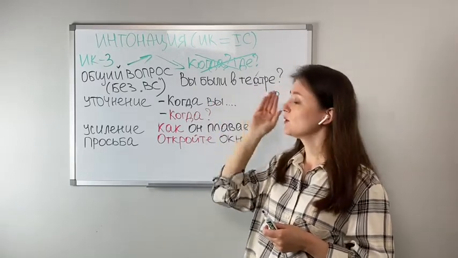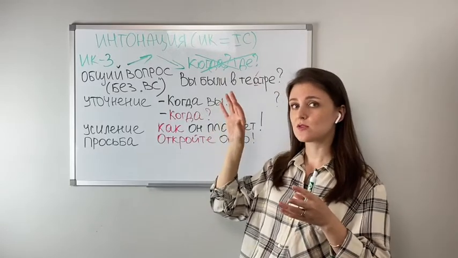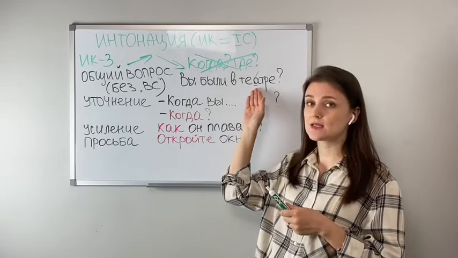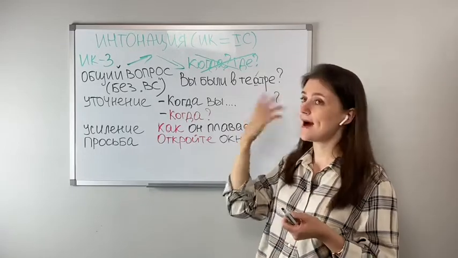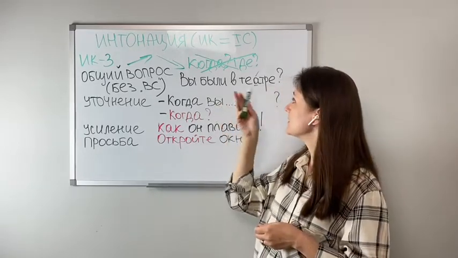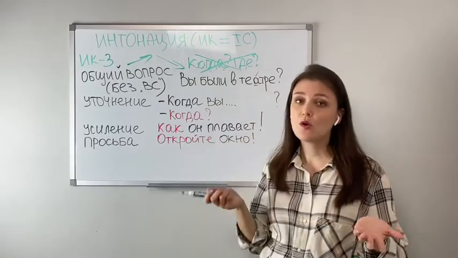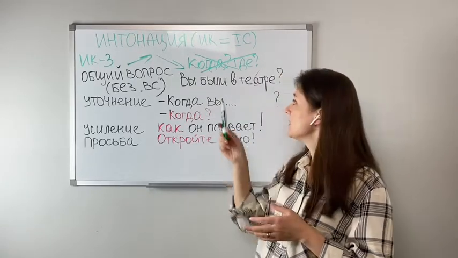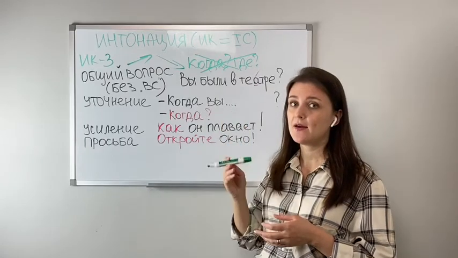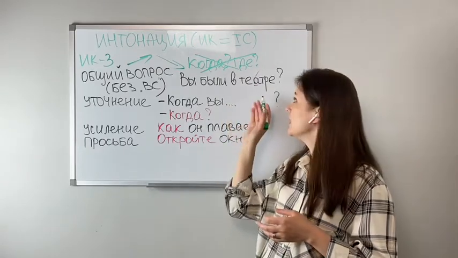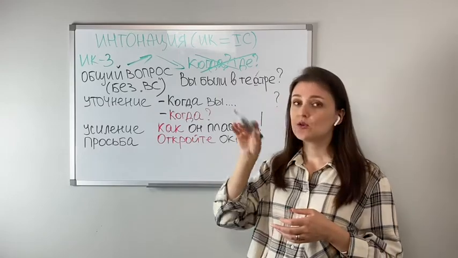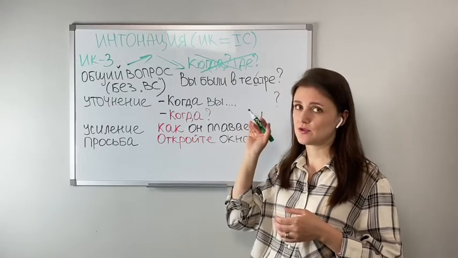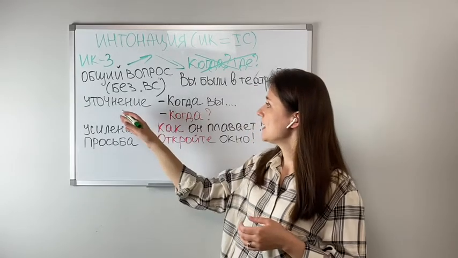We don't emphasize or stress any word in this sentence. We just have stress in our syllable, театре. That means that we want to know if this person has been in the theater. Да? Вы были в театре? Have you been in theater? It's not special important information. This is the neutral question. Okay? Then,